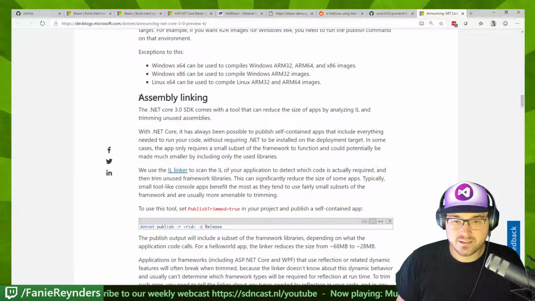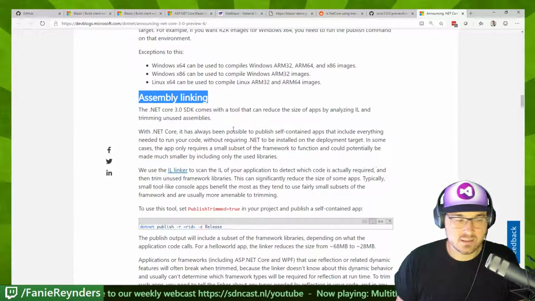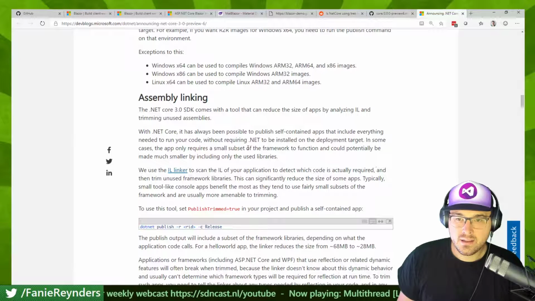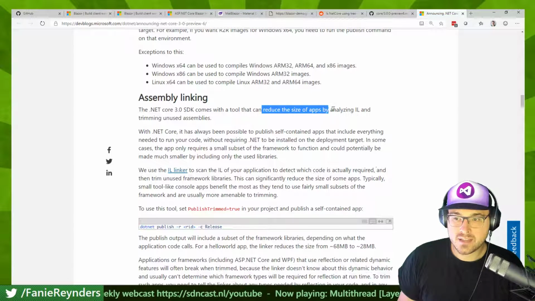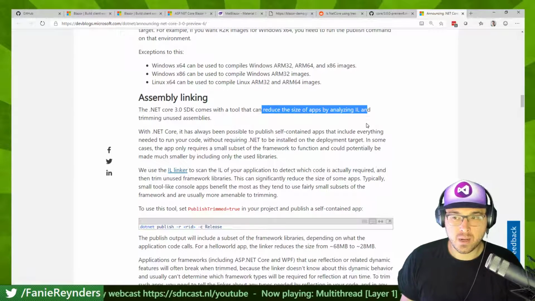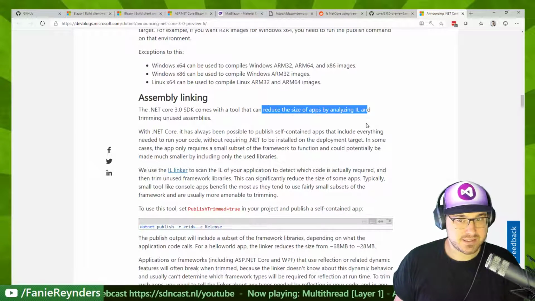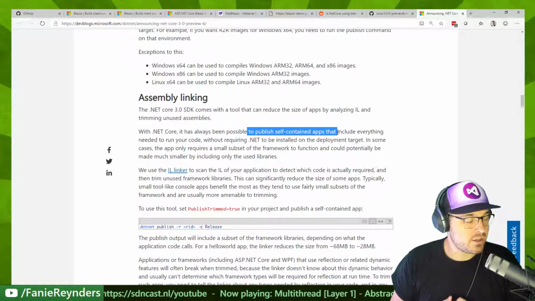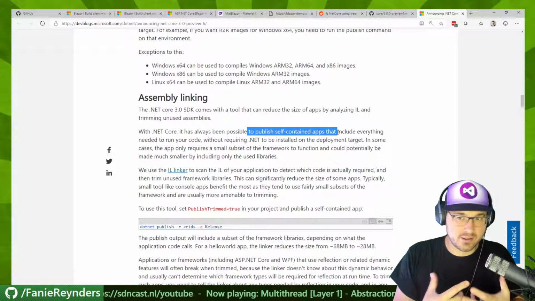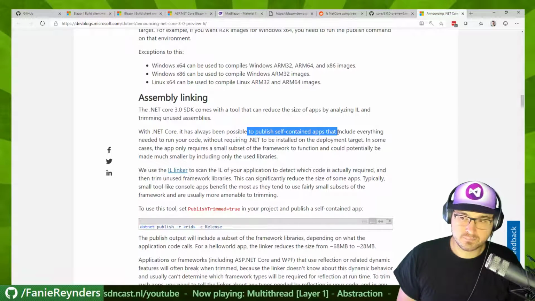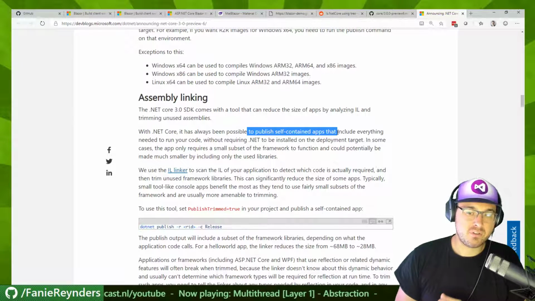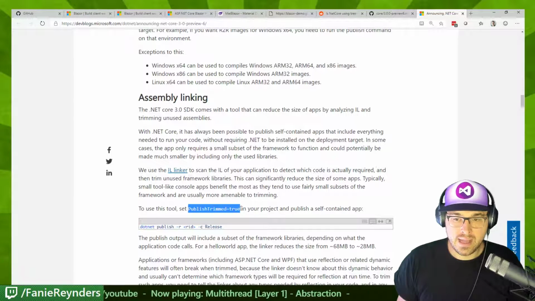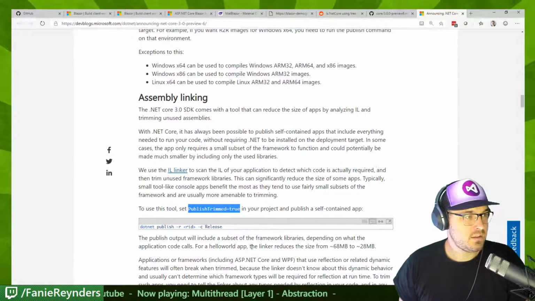So assembly linking, I think this is the one I was talking about, yes. So assembly linking, let's just read through it. The .NET Core SDK comes with a tool that can reduce the size of your apps by analyzing the intermediate language and trimming unused assemblies. So with .NET Core, it has always been possible to publish self-contained apps, but it will include the whole runtime, which makes it a big download, right? So with IL Linker, you can choose, if you add this in your CS proj, you can choose,